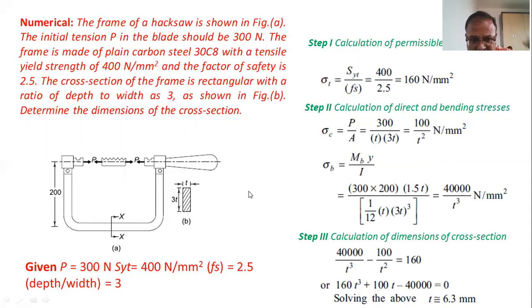The cross section here was rectangular, it can be circular, it can be I section. So what will be changing? The value of moment of inertia will be changing, the value of Y will be changing. Otherwise, all the details will be same. But we have to keep attention towards the nature of the direct stress and bending stress, because here it can be plus or minus. In the previous numerical it was plus, in this numerical it is minus. So paying attention, we can solve any type of numerical based on eccentric loading.